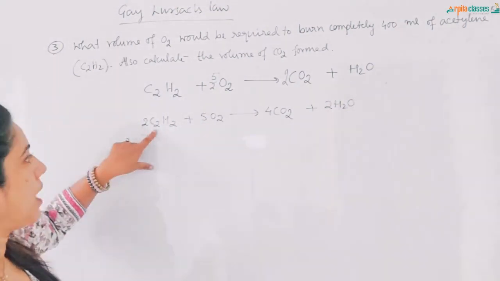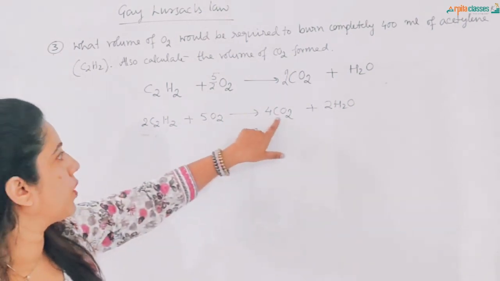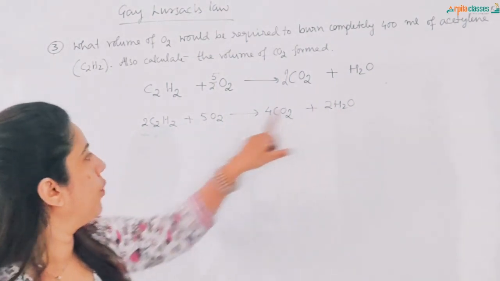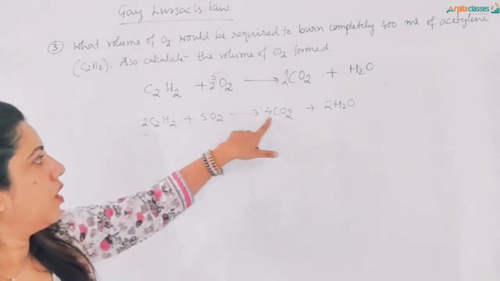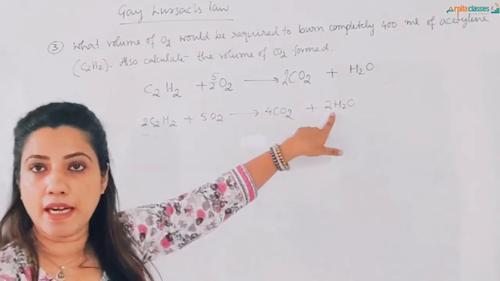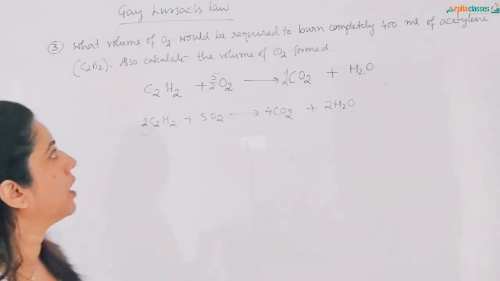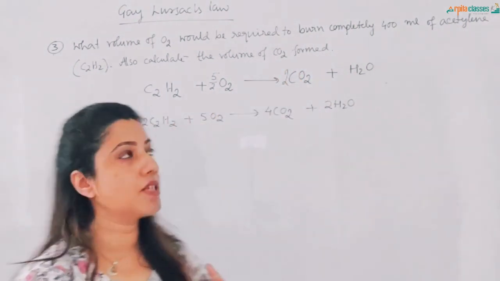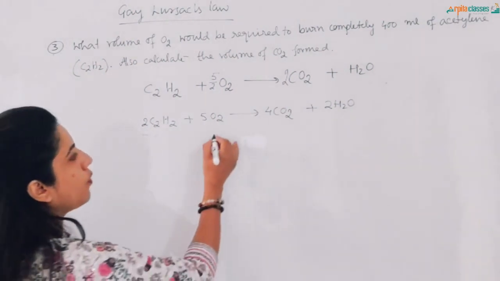Here 2 2s are 4 carbon, and here this is 4 carbon. Hydrogen is 2 2s are 4, and here hydrogen is 2 2s are 4. Oxygen is 5 2s are 10, 4 2s are 8 plus 2 is 10. So it is a balanced chemical equation. Now we are saying 400 milliliter of acetylene is given and they are asking for what volume of oxygen